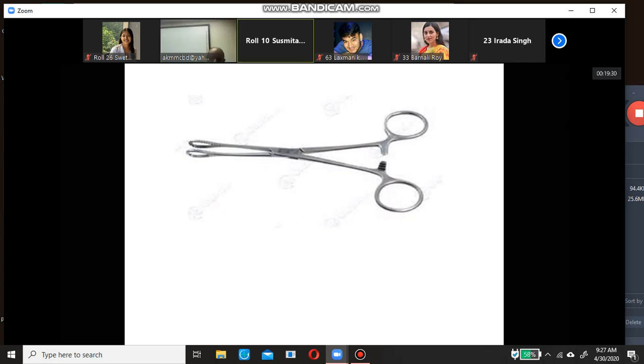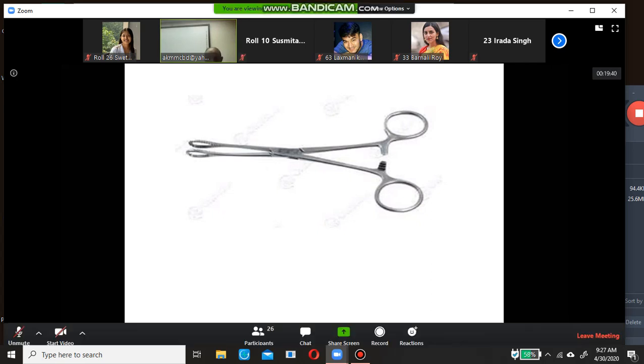To hold the swab to clean the area, not during operation, but prior to operation. We can hold the swab or sponge for painting before operation.